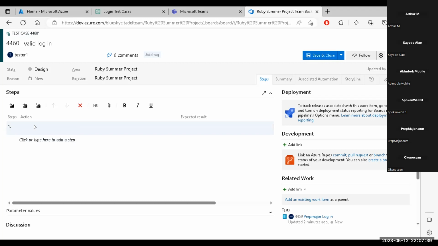Have you done the assignment for login? Yeah, I used ChatGPT. Okay, let's copy what you have in ChatGPT. Then we change it to Prep Major. Did you have it? Or if you can remember how you